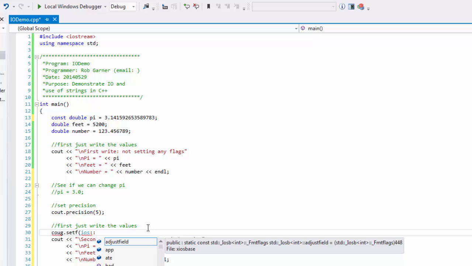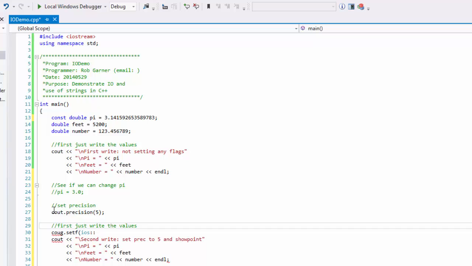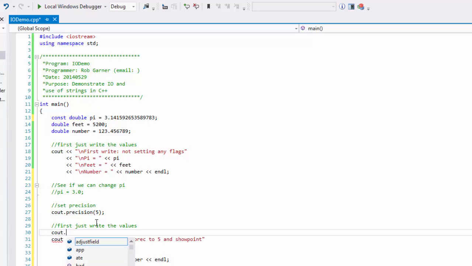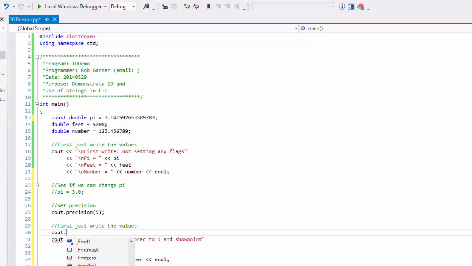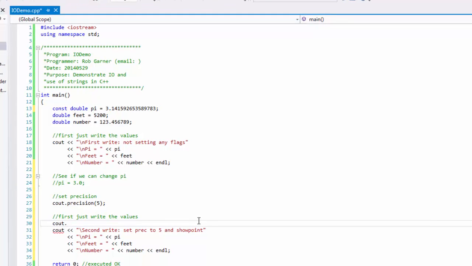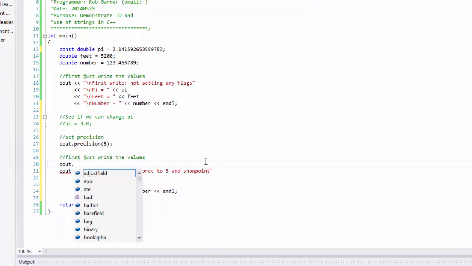set an ios flag. And the way these functions work is cout is actually a class, and if I type cout and put a period, I can see there are a number of methods available for me to use associated with cout. That dot operator is called a class operator or a dot operator, and if we put it next to anything which is a class, it'll give us a number of methods. We're going to talk more about classes later on, but for now, just realize that if I type cout and I put a dot,